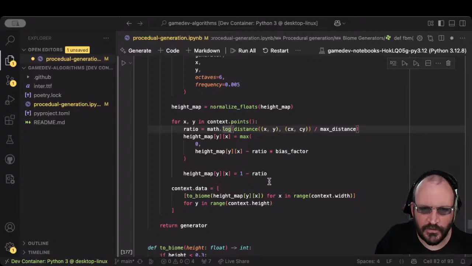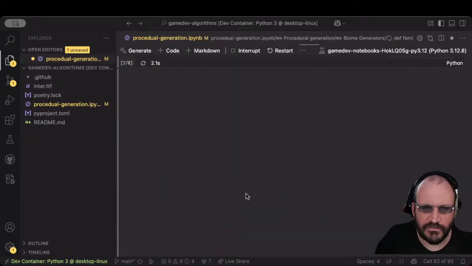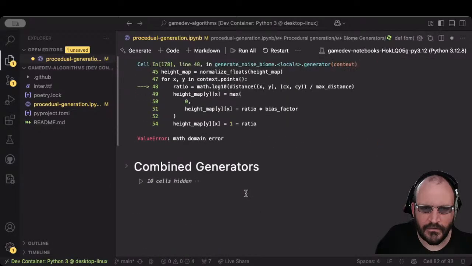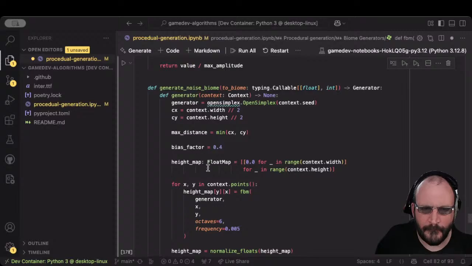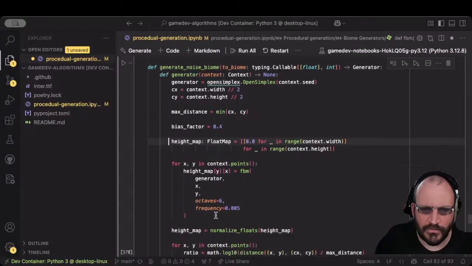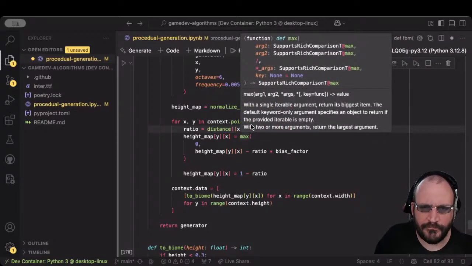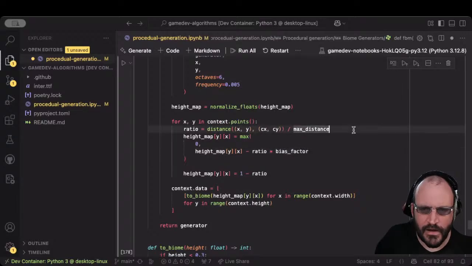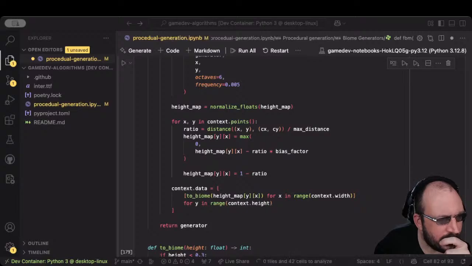I'm trying to remember my maths now. What if we do log 10 of? No. We want to convert this into an exponential. We want to